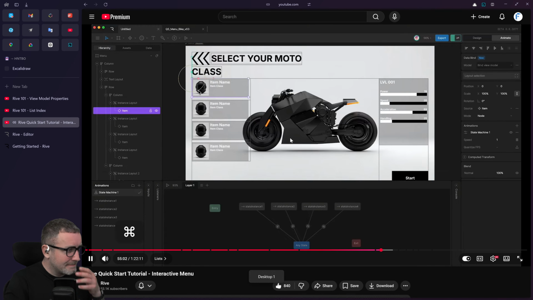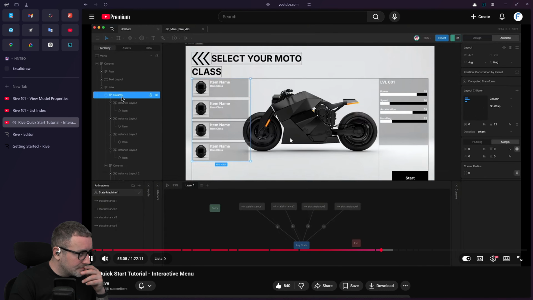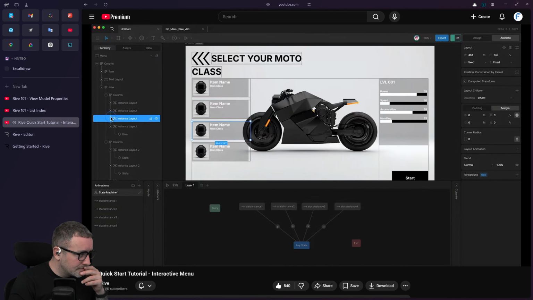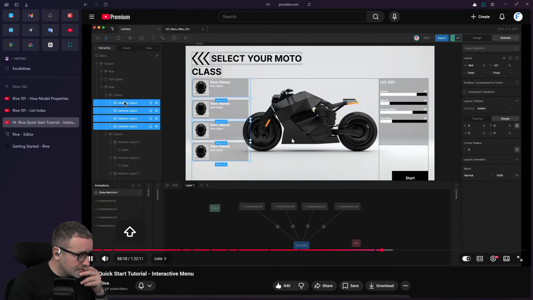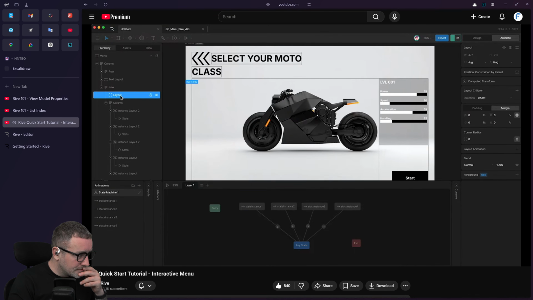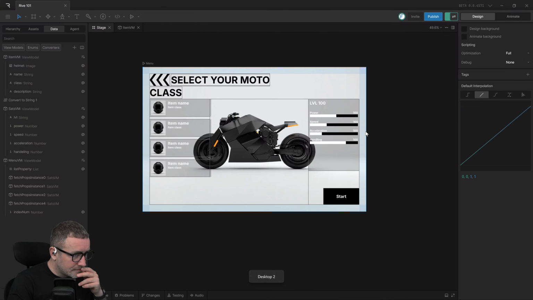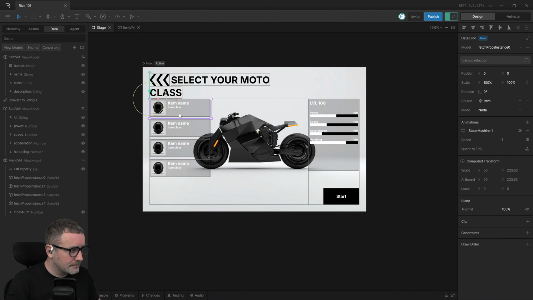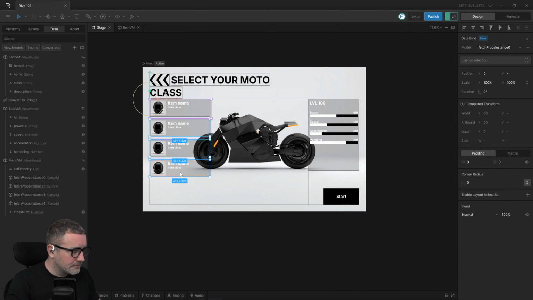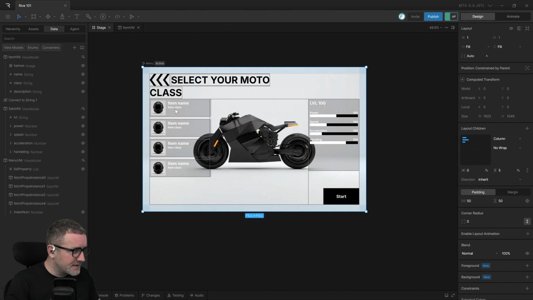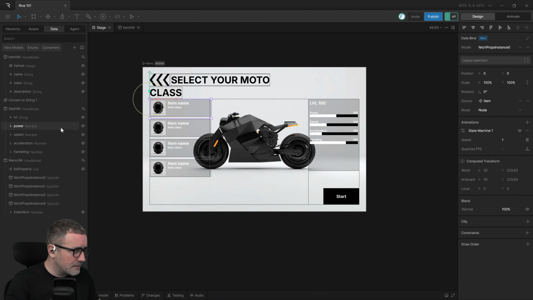I'm going to locate this column in the hierarchy. Here it is. And I'm going to delete all of its children so that we now have an empty layout, and then go over to the right to its inspector. Yes, anyways, this was a placeholder all along, so